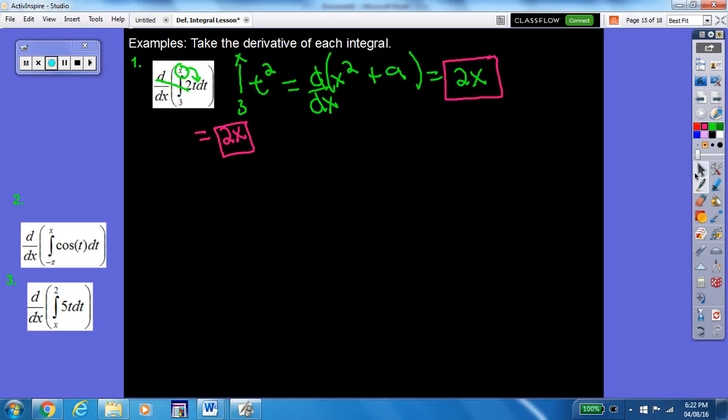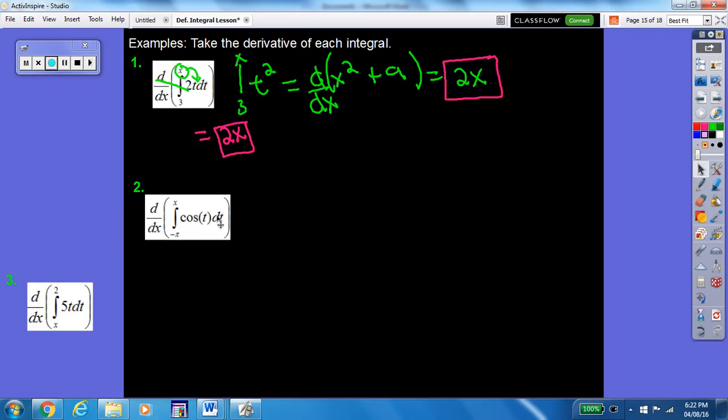Okay? Let's see a second example. Make sure you understand. So again, we're taking the derivative of this integral in terms of x. So the short way. And I told you I did it the long way so you could see that yes, this works. But once we know the shortcut, let's use the shortcut. The derivative of an integral cancel each other out, and then you just plug in this x. So the answer to this problem is